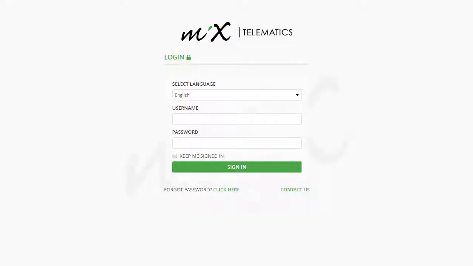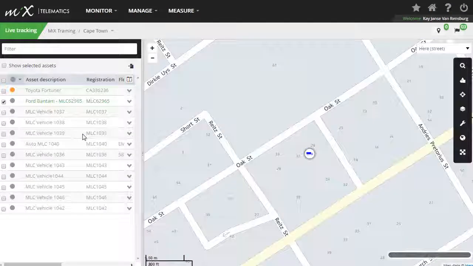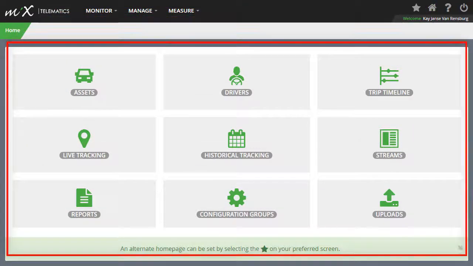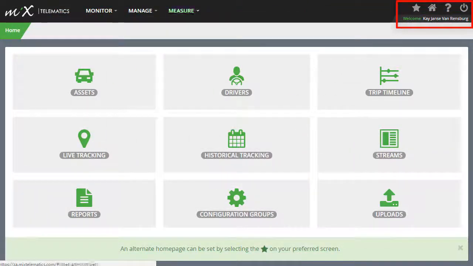In this section, we're going to be taking a look at how to navigate the DynaMiX platform. Your first view is your default home screen, and here your commonly used functions are listed. To access any of the functions, click on the icon. There are three go-to areas: the top level tabs, the landing page, and the functions located in the top right-hand